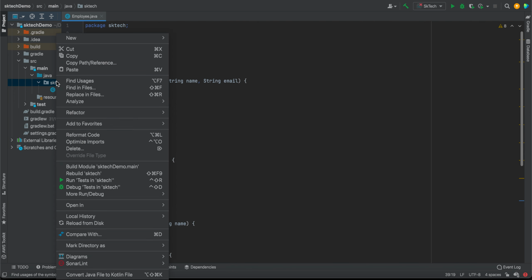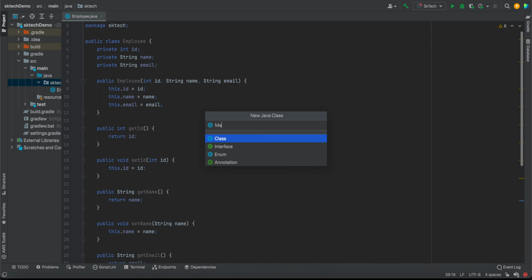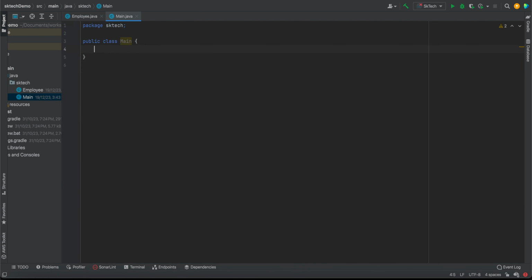Let's create another class to store a group of employee objects using an array. So let's create one class called main, and inside that, let's create one main method. How can we store a group of employee objects inside the array? First we need to create the array. Since we want to store a group of employee objects, we need to create an employee type array, right? How we can do it is very simple, similar to any other type.